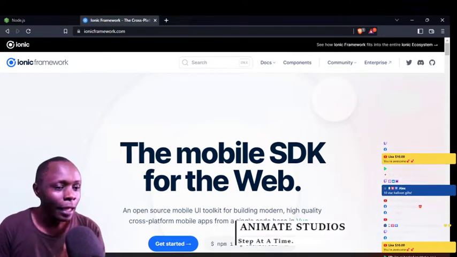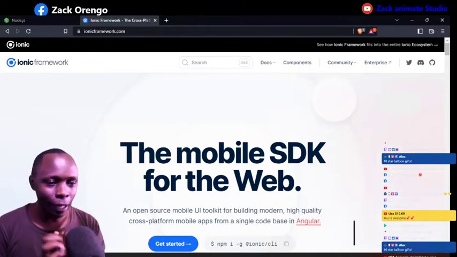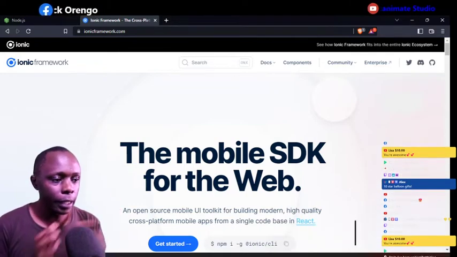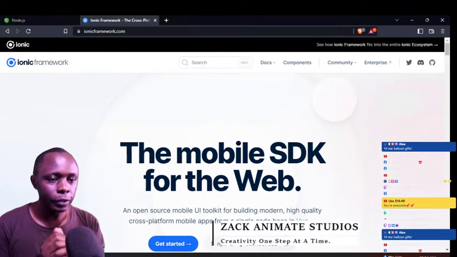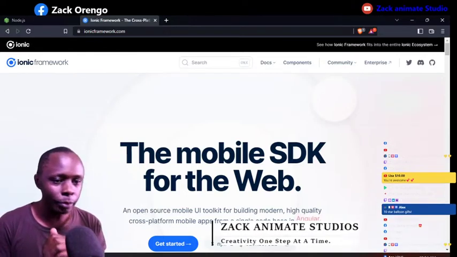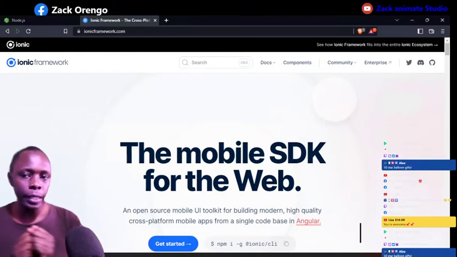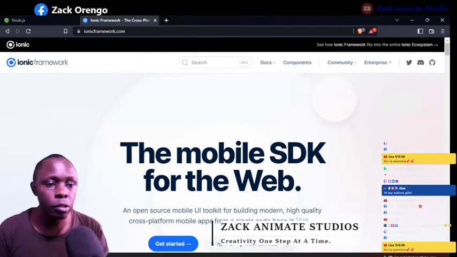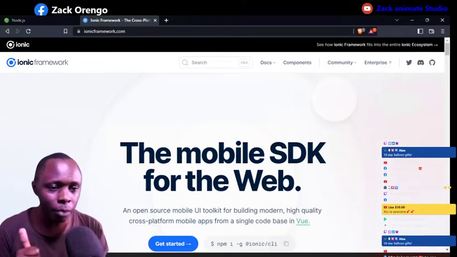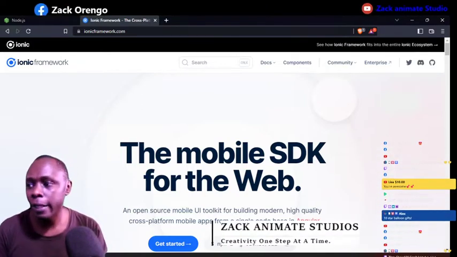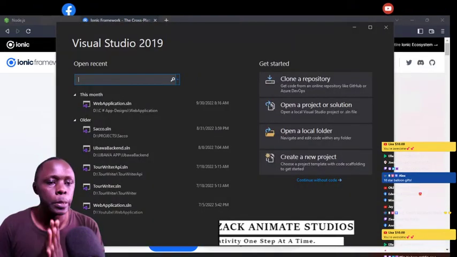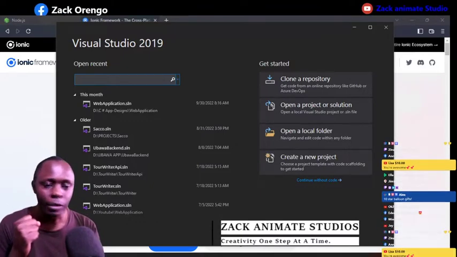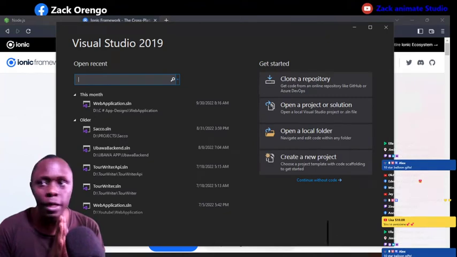As you can see here, we want to create a pipeline of how we can create both a desktop application, a mobile application, and at the same time an API for our application. So my choice of work was to use Ionic framework for the mobile application, and then Visual Studio for creating both the database and the API. Also, we're going to use a database for